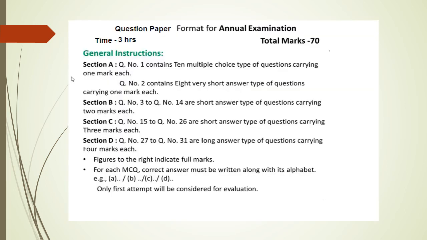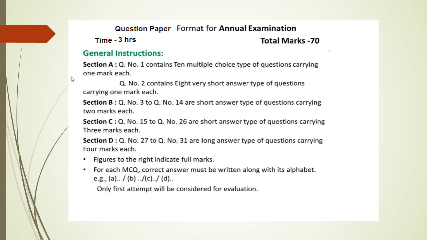Here we come to the question paper pattern for your annual examination. Total marks are 70 and time is 3 hours, which means you can aim for 100 marks if you really wish. Where there is a will, there is a way. So it should not be difficult for you all. You have to read the question paper thoroughly. You have to carefully go over each and every word which is written here, and only then can you achieve writing an honest, clear, precise and accurate answer to it.